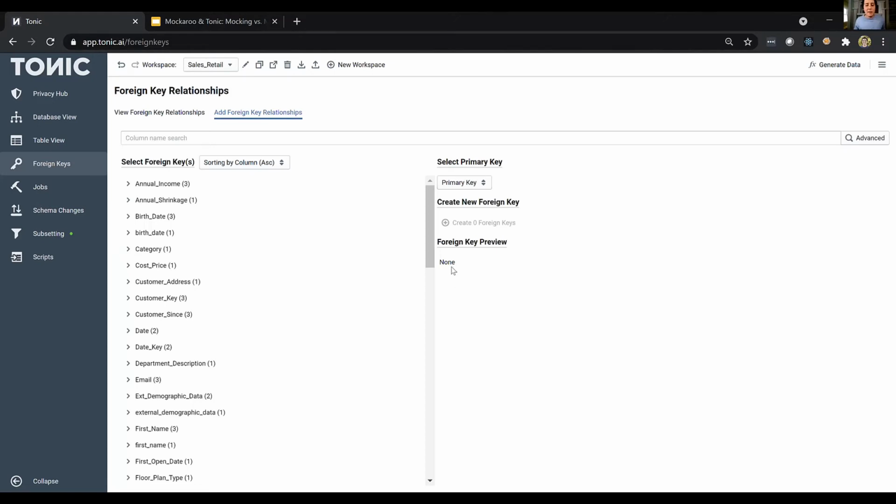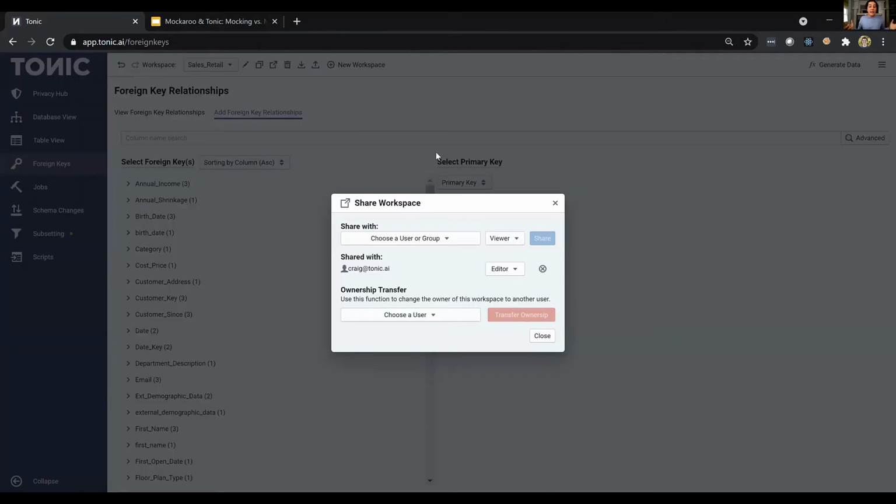So we're wrapping up, but the last thing I want to show you is some of the enterprise features that we have that make using Tonic a joyful experience in large organizations. So everyone saw earlier that I messaged Craig a question about the sensitivity of that column. Well, how did I do that? How does Tonic know that Craig exists? Well, Tonic knows because Craig is, first, he's in my SSO work group. So Tonic can integrate with any of your SSO providers to allow for easy sign-on and group control access.